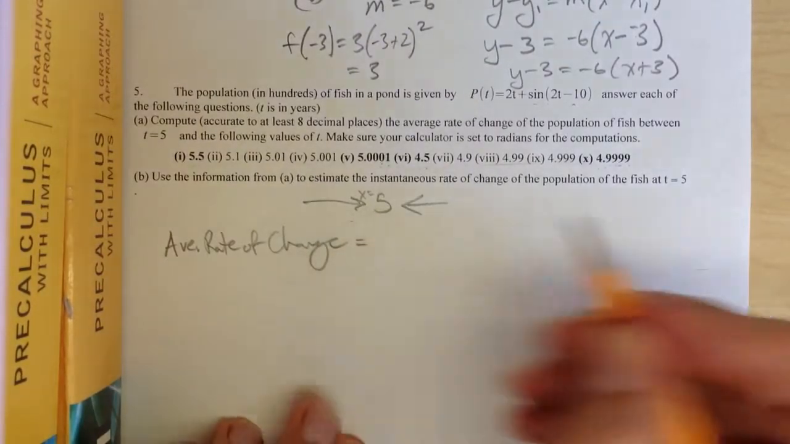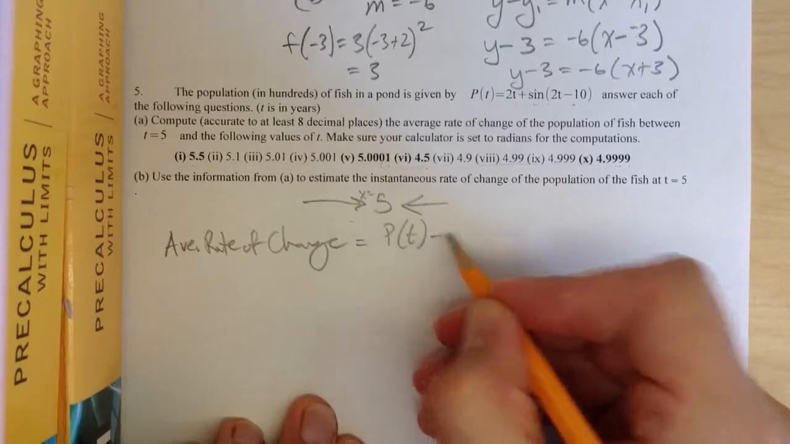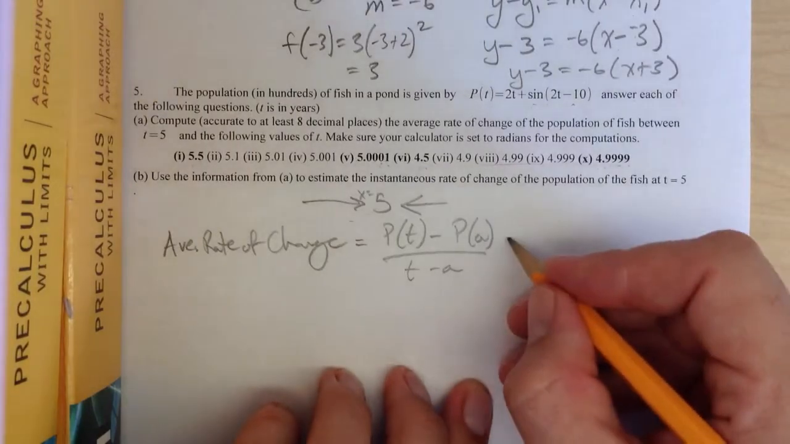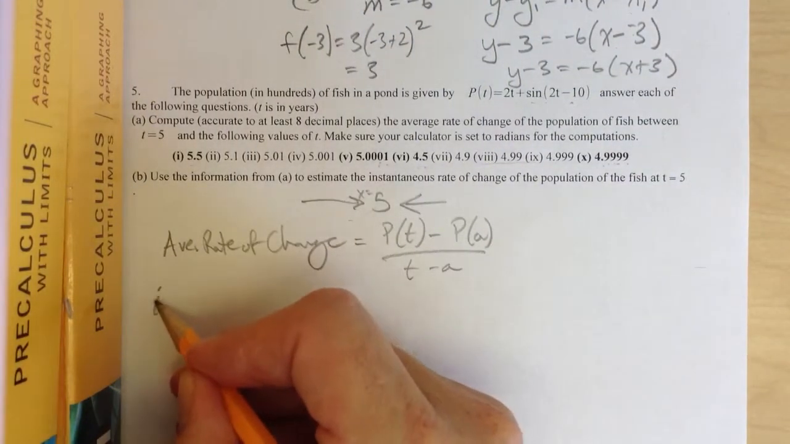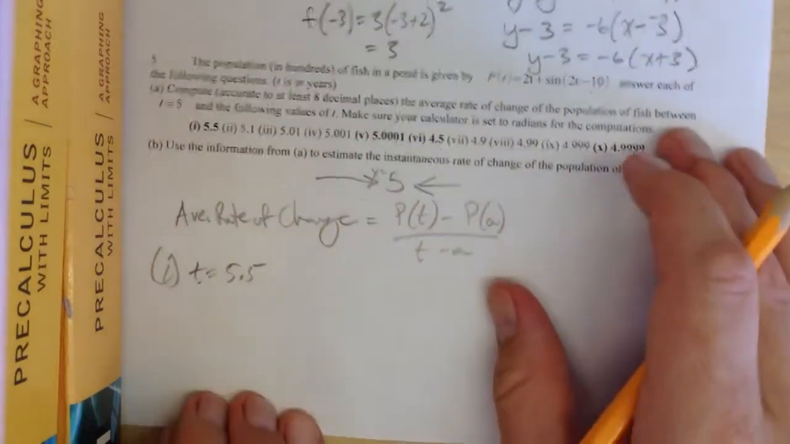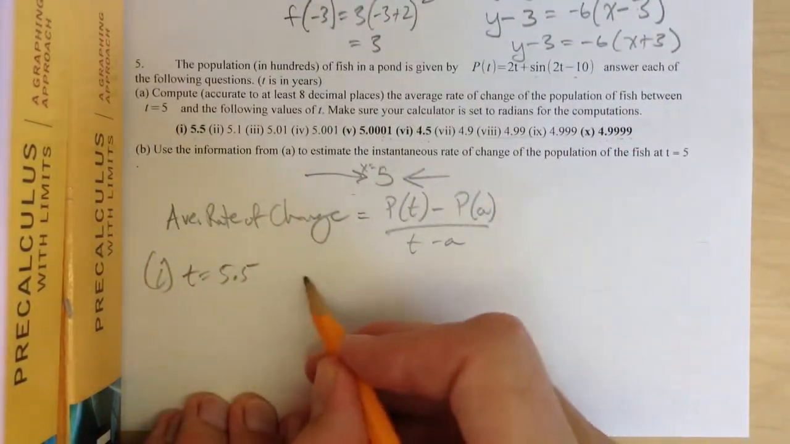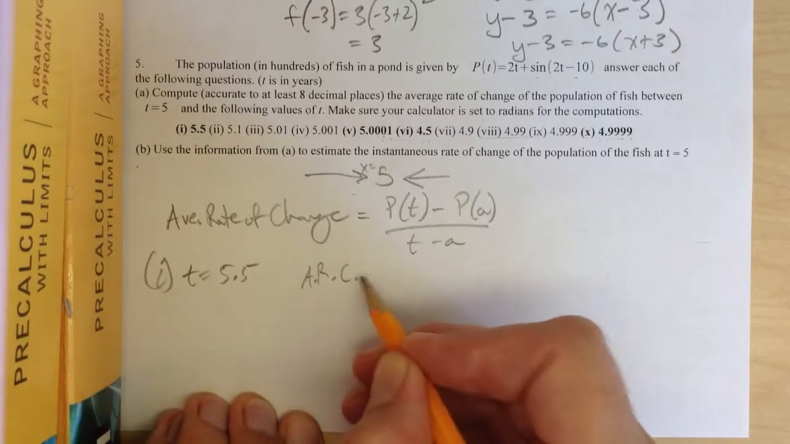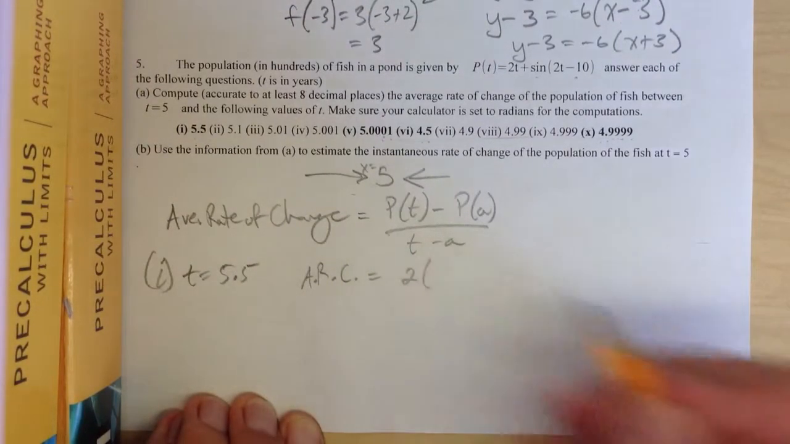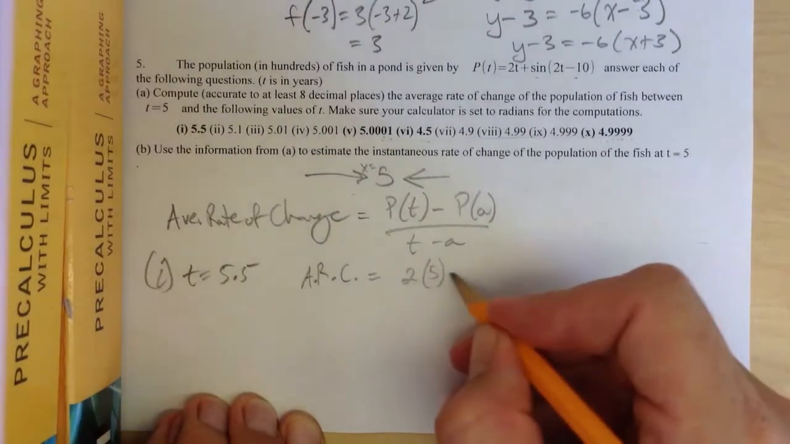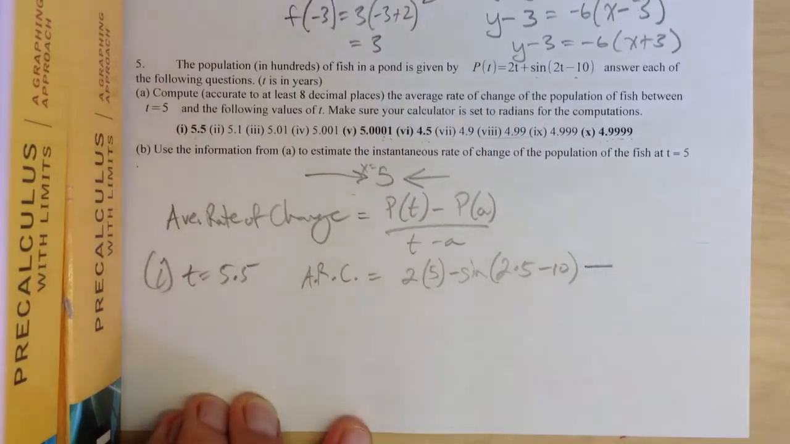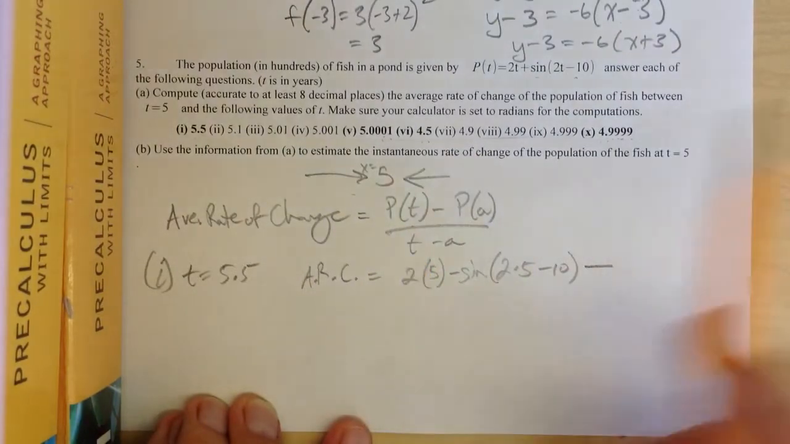Okay, so the average rate of change is the slope of the secant line. That's p of t minus p of a, divided by t minus a. So for 5.5, when time equals 5.5, you are going to figure out the average rate of change, ARC, or you can use some other abbreviation. It's going to be 2 times 5 minus the sine of 2 times 5 minus 10, that's p of t when time is 5,